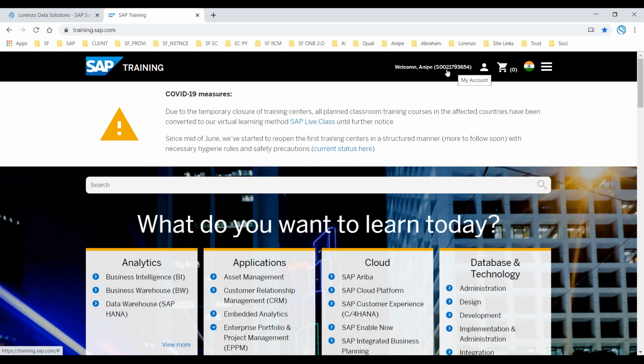You may not have one initially, but if anyone is registering for the first time, you need to click on this particular button, and it will ask you to enter the username and password. If you are a beginner trying to create a new profile, at the bottom you can find Create a New Account.